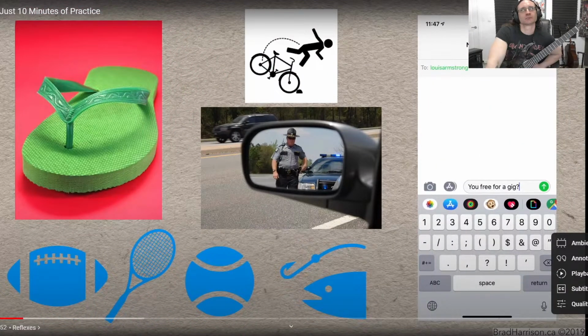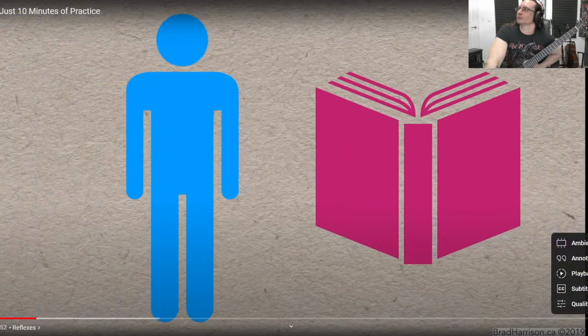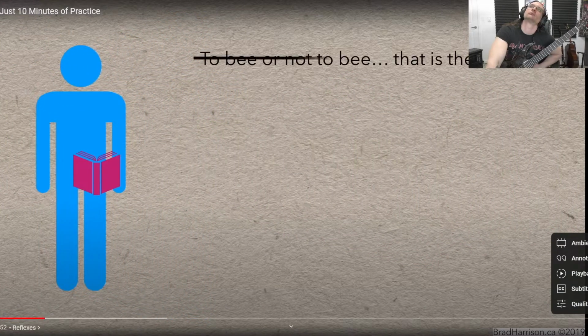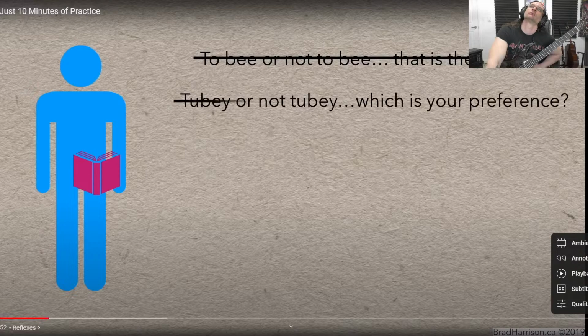These are all physical skills that may feel awkward at first, but after much careful practice and repetition, they become fluid and unconscious. Memorization is similar. If you've ever had to commit a poem to memory or learn the lines in a play, you probably had to read the passage many times over. Some difficult sections might have demanded more time and attention, but eventually, saying the words became almost like a reflex.